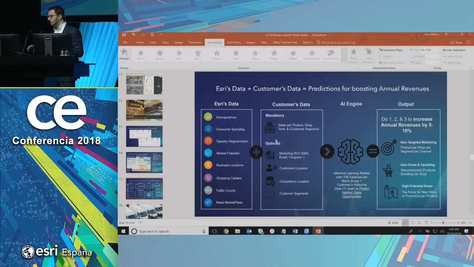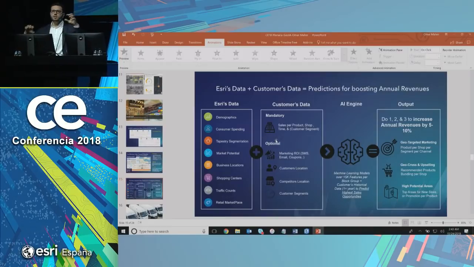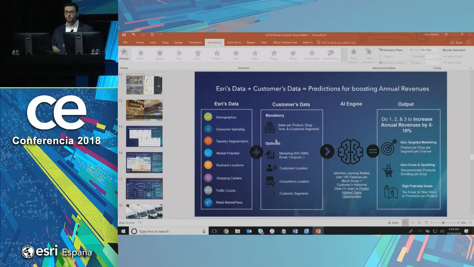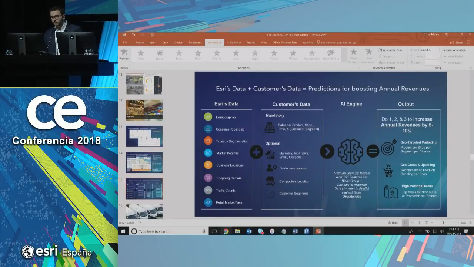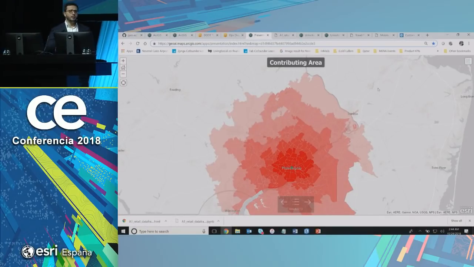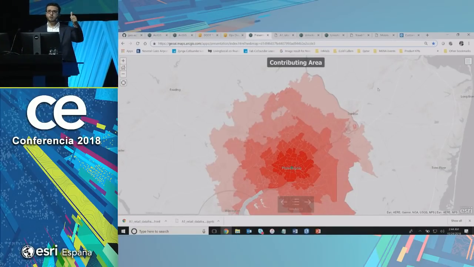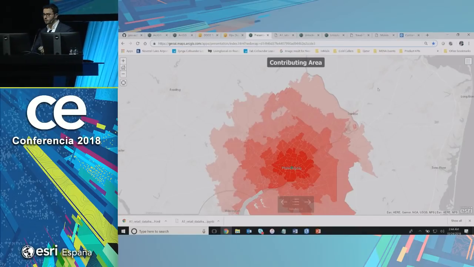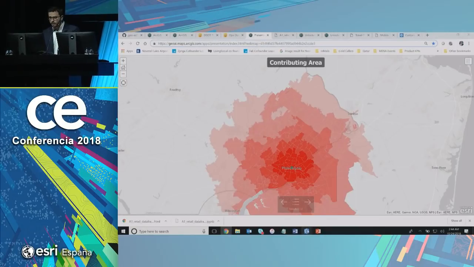So they want to understand, where should we establish physical stores that would have the highest expected sales, not only physical ones, but online as well? And for that, actually, we got a lot of historical data. So we got data regarding, for the last 3 years, we got physical store sales, online sales, competitor location, wholesaler location, and starting adding these data together.